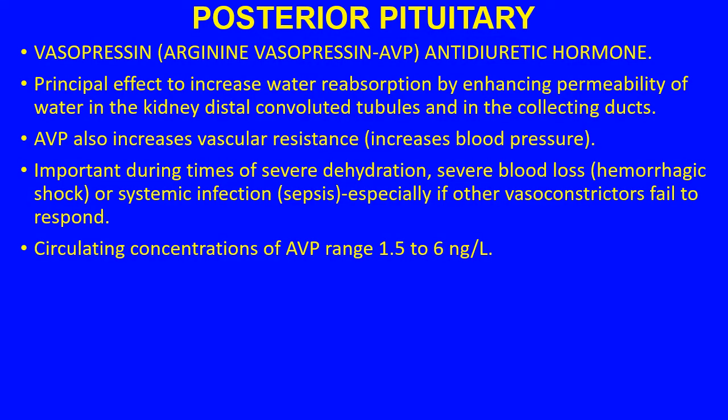Okay? So let's move from oxytocin to vasopressin. As I said to you, that goes by several other names. Arginine vasopressin, AVP, antidiuretic hormone, or ADH. Whichever way you do, you remember it as long as you understand what it is and what it does. What is its principal effect? That is to increase water reabsorption by enhancing the permeability of water in the kidney distal convoluted tubules and in